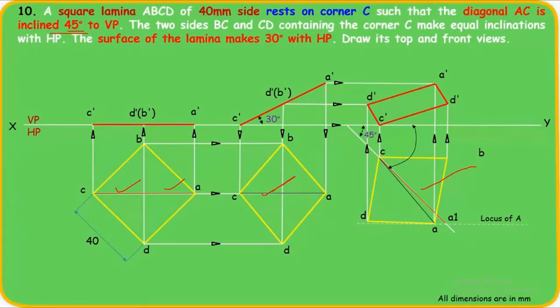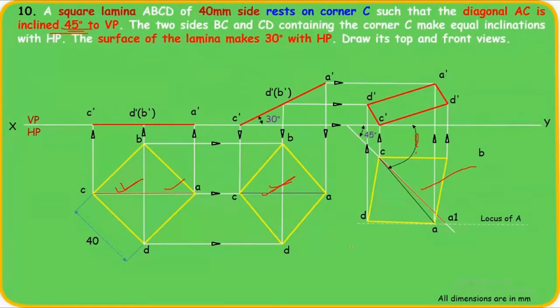The one which we did was non-locus. This is locus. So when it is a locus method problem, the angle whichever is given to you is with respect to the true length of a diagonal. And you have to identify what is the angle with respect to the apparent length. That is this angle you have to identify.